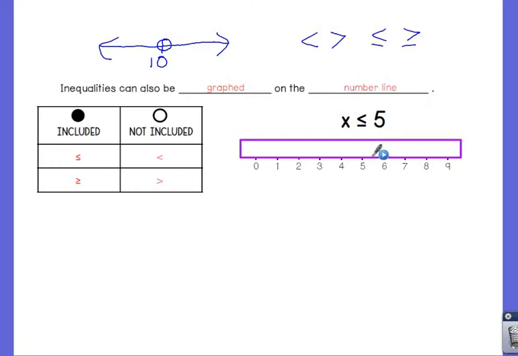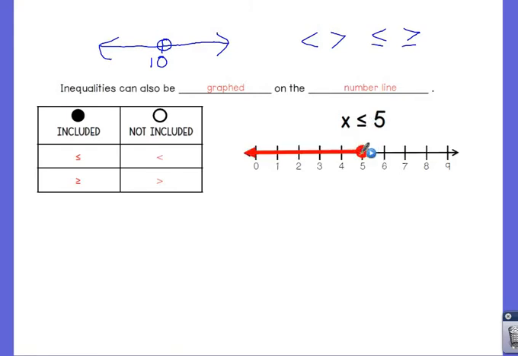Now, the next step. Pick any number to the right of this. 8. All right. Is 8 true or false? Is 8 less than or equal to 5? No. Thank you for answering true or false. False. So pick a number to the left. What number? 1. Is 1 less than or equal to 5? True or false? True. So that means it's got to be shaded to the left,